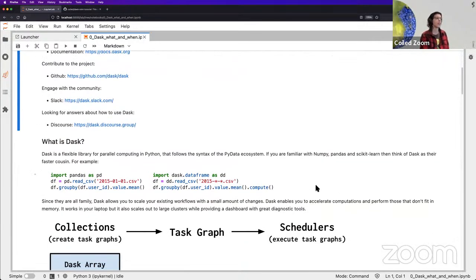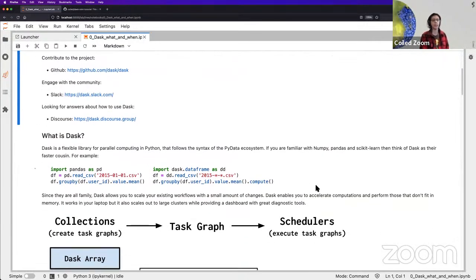So in a nutshell, what is Dask? Dask is a flexible library for parallel computing in Python, and it follows the syntax of the PyData ecosystem. That's what makes it nice, because if you're familiar with NumPy, pandas, and Scikit-Learn, then Dask is like their